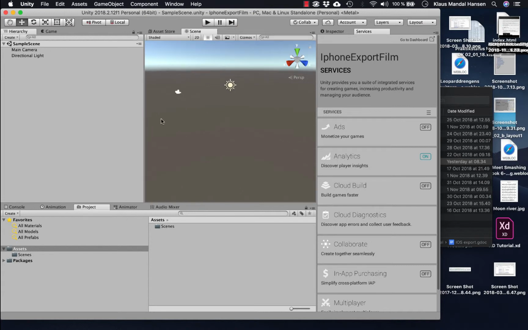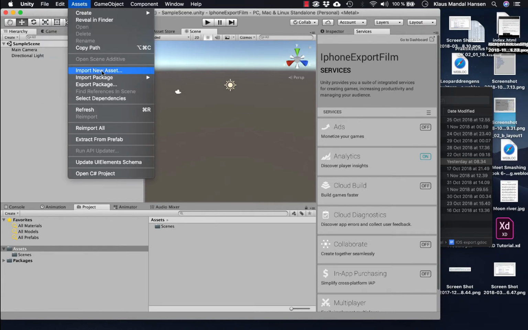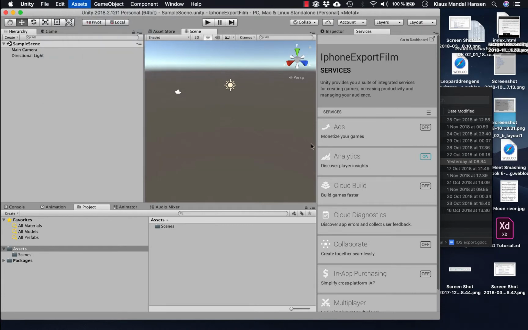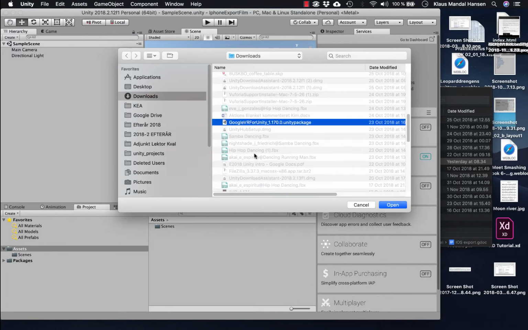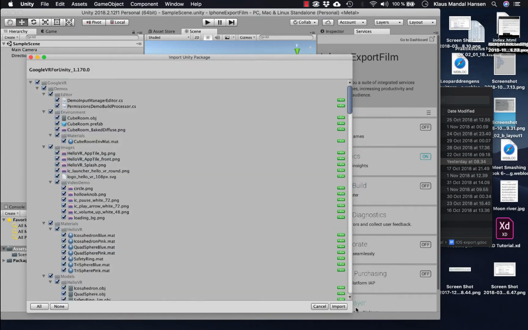And I'm gonna have something to export, so I'm gonna import the Google VR package, which I downloaded a long time ago. Google VR for Unity package. You can find that on the Google VR developer page. But I'm importing that,